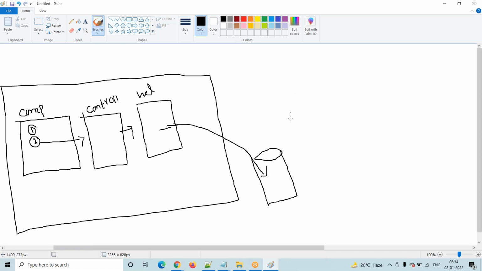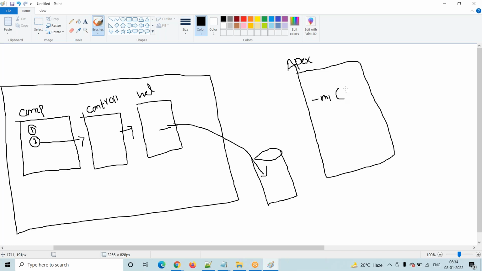From the server, we are calling our apex class, and we are calling our method. While calling the method, we are passing this parameter, whatever record ID we are getting. Based on the record ID, it will fetch the corresponding contact record information, and we are preparing a wrapper class. Finally, this method is returning that list.